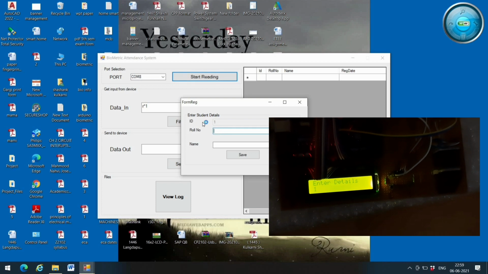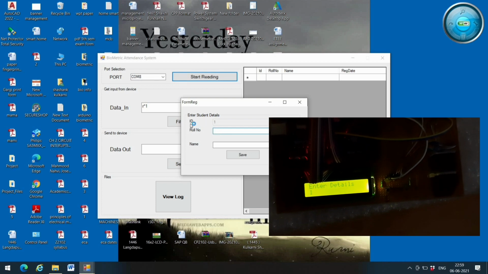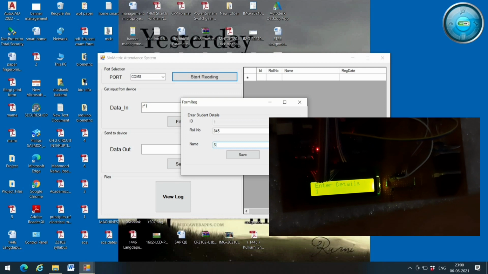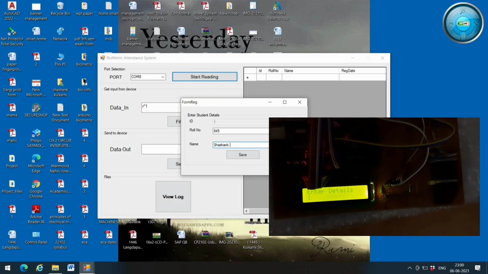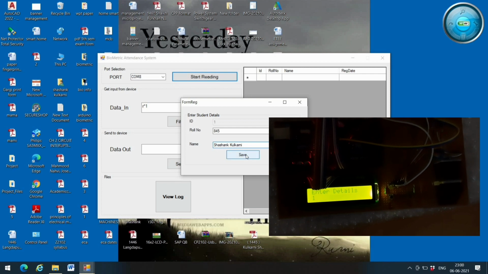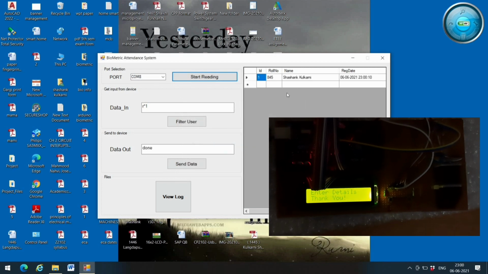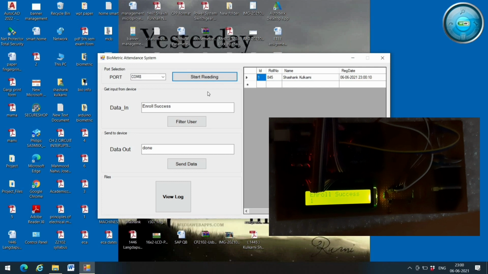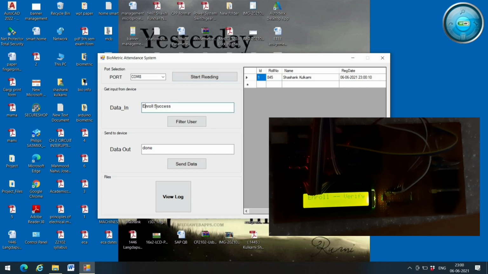Here it clearly mentions ID number 1, roll number 845, name Shashank Kulkarni. Then click on save button. This candidate is successfully enrolled. You can see the message on the screen, enroll success.